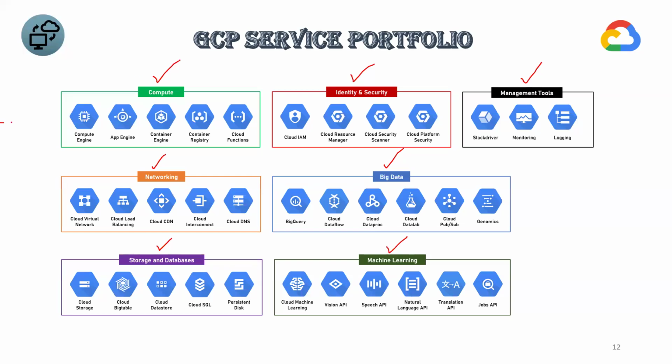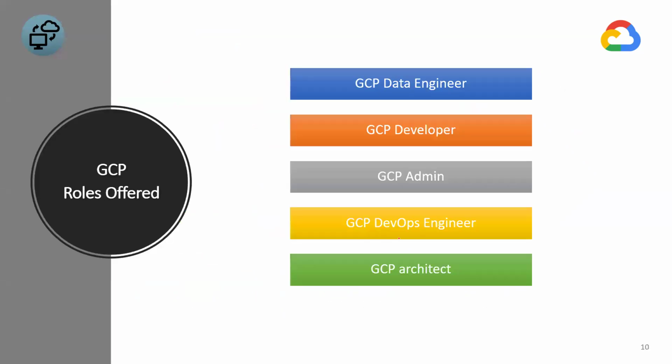This is the category, and here you have the services. These are all services. Okay, so this is how it provides plenty of services. I have just listed a few here. This is how Google Cloud Platform has a comprehensive service portfolio,